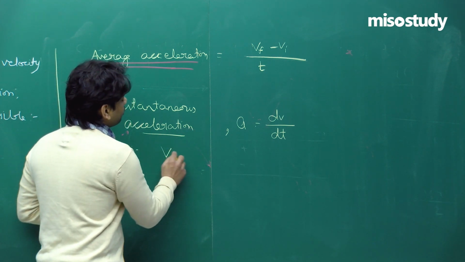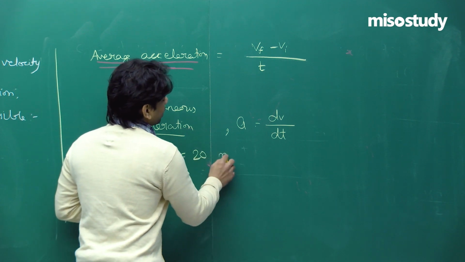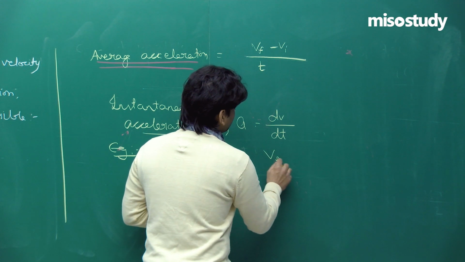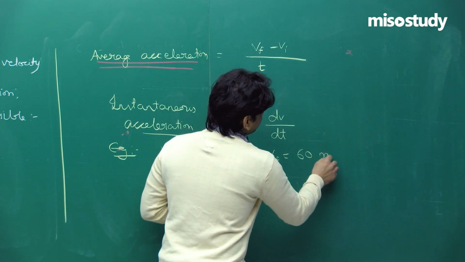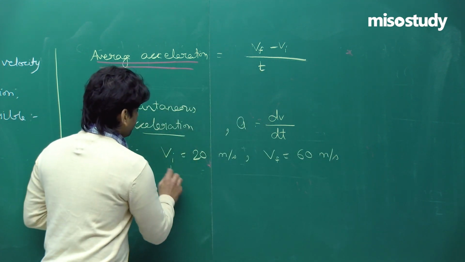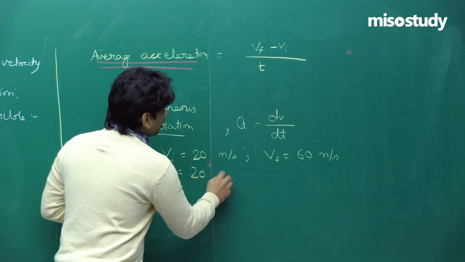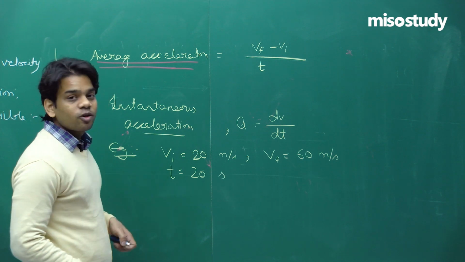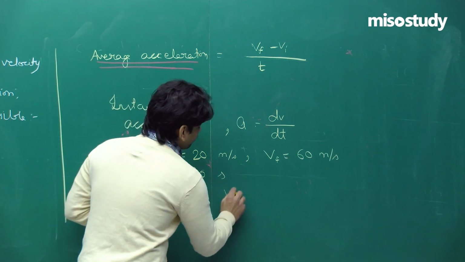A body started with a velocity of 20 meters per second, and when it completed its journey, its final velocity was 60 meters per second. During its journey, it took a time of 20 seconds. So what is the total average acceleration of the body? The average acceleration will be given as